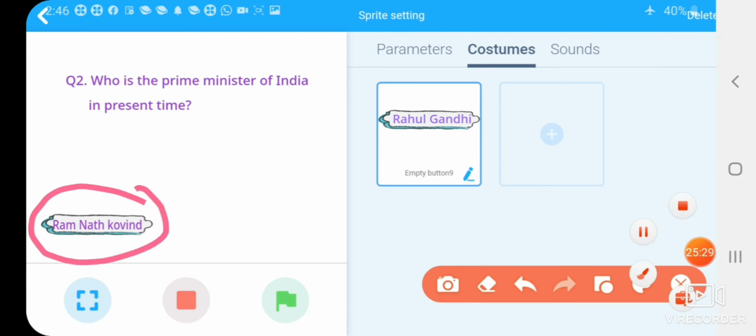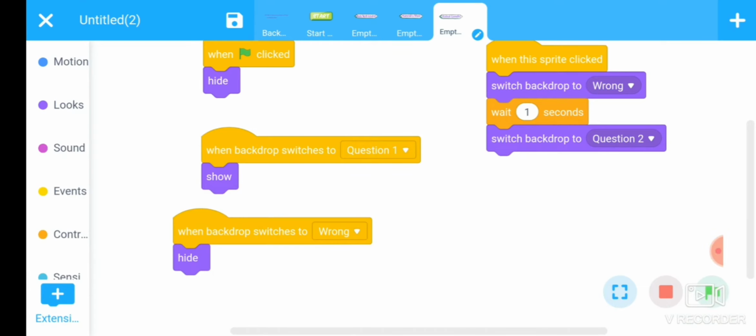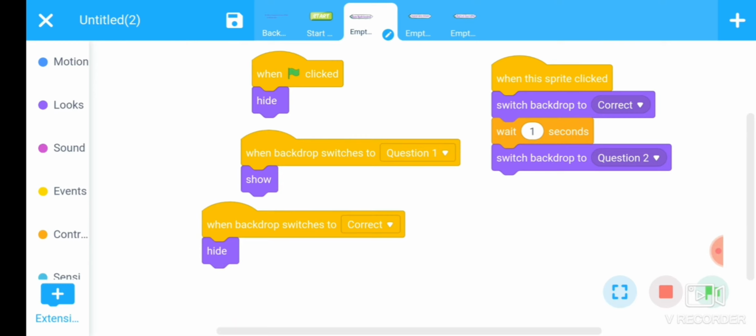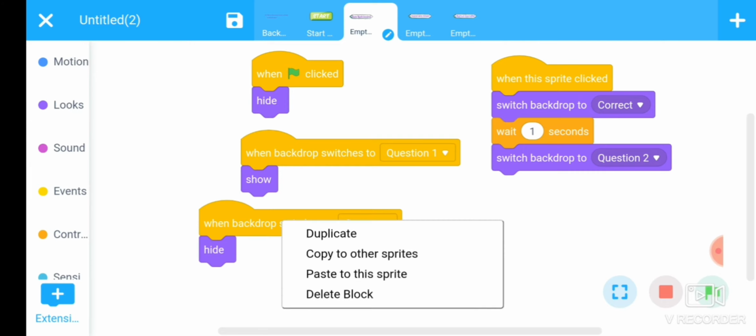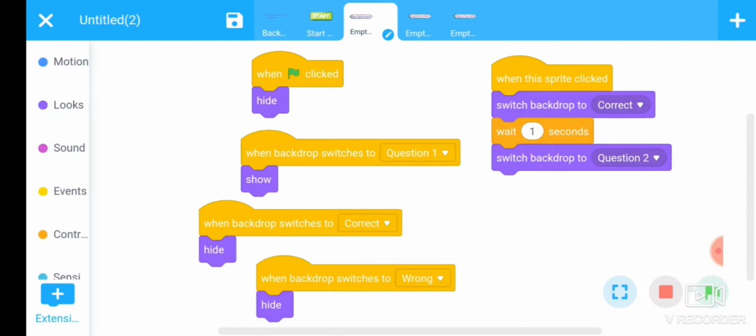One option is remaining. To avoid this, again we will add here both right and wrong command. Copy this command, create a duplicate and choose here option wrong.